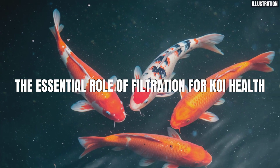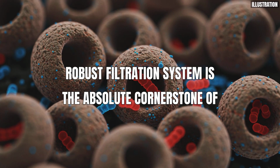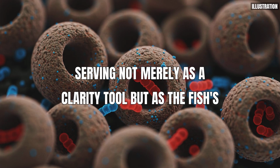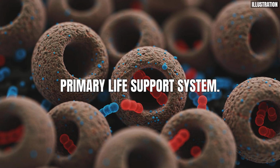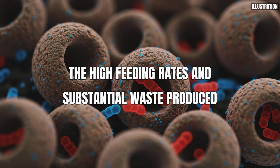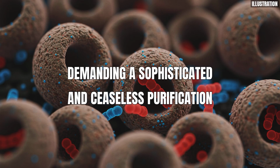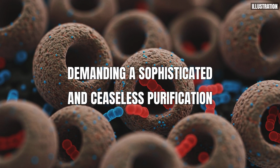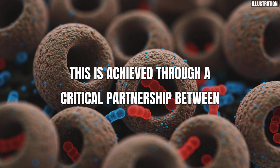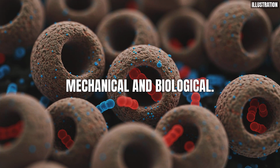The essential role of filtration for koi health. A robust filtration system is the absolute cornerstone of a thriving koi pond, serving not merely as a clarity tool, but as the fish's primary life support system. The high feeding rates and substantial waste produced by koi create a massive biological load, demanding a sophisticated and ceaseless purification process. This is achieved through a critical partnership between two distinct yet equally vital types of filtration, mechanical and